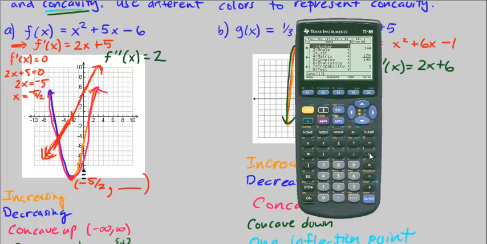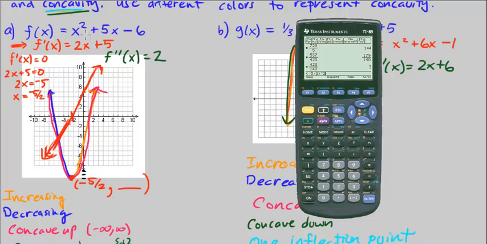Negative 5 over 2. Whoa, what am I doing? Let me start all over. Open parentheses. No. Oh, I think I'm pushing shift. There we go. Negative 5 over 2